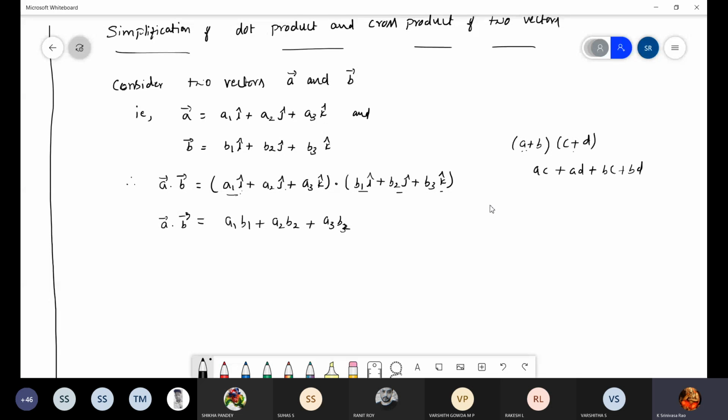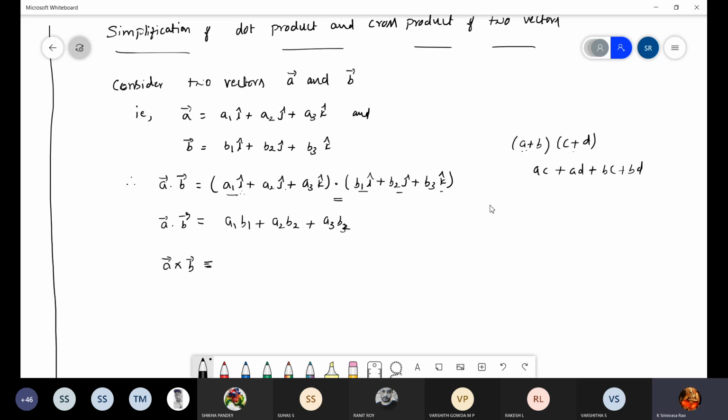So what about A cross B? Don't write, I will tell you. A cross B equals, just wait. Just assume in the same equation, in between, if I put a cross instead of a dot, what happens? How to calculate? This is actually complicated because I cross I gives 0, is it right? Cross product. I cross I gives 0, but I cross j is not 0. It is k. Similarly, I cross k is also not 0. It will give another vector, say minus j or plus j, whatever. So this usual multiplication is not the way.